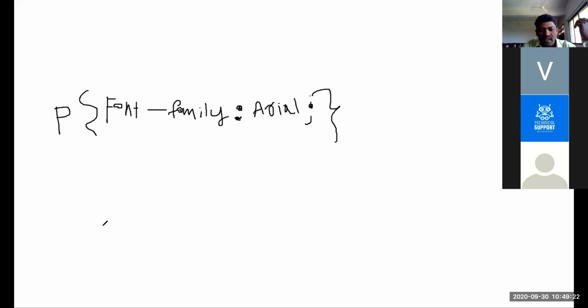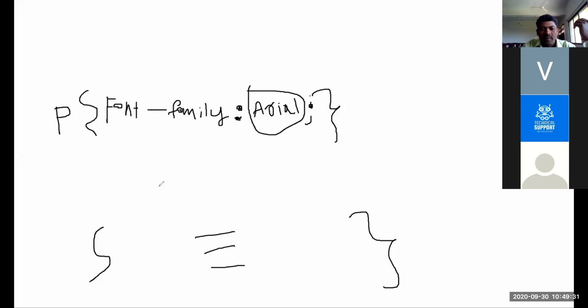So whatever you write inside of the programming, this Arial font is applicable inside the body. Whatever you write inside the body, then this is a paragraph, P tag. Within the P tag, whatever you write, then body is closed.